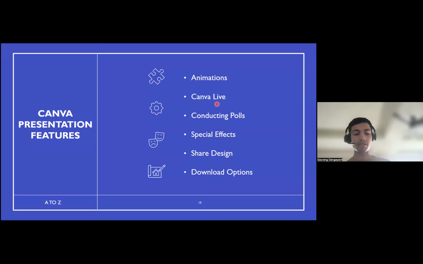So now it depends on you how you want to present. You want to download the presentation or you want to give the presentation directly on Canva, then you can use these features. Okay. So let's see first of all what are the special features when you can directly present on Canva and how interesting it can be. So there's something called Canva Live, which we'll just see. So when you're done creating that, you can present it directly on Canva. Okay. So like I already showed you,